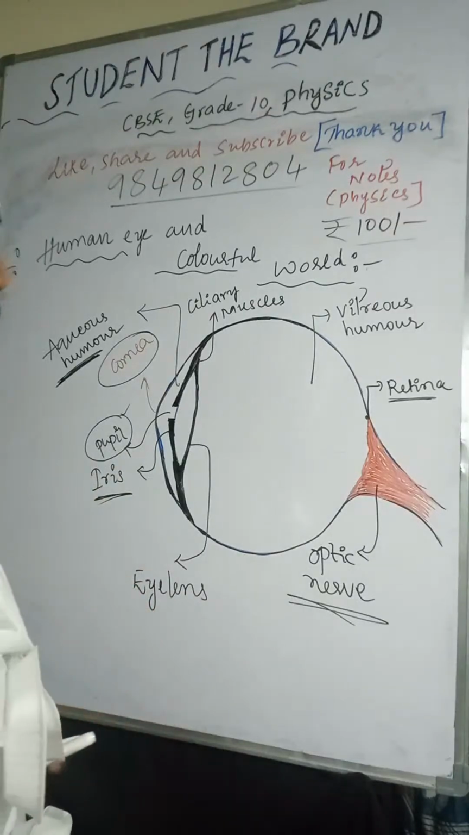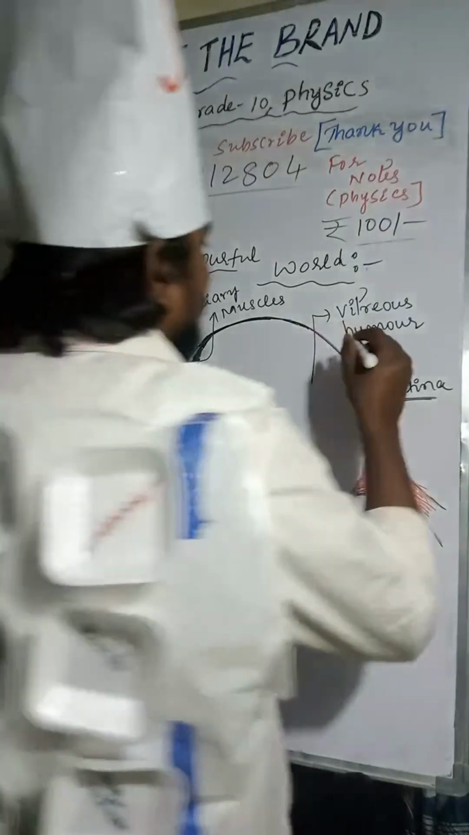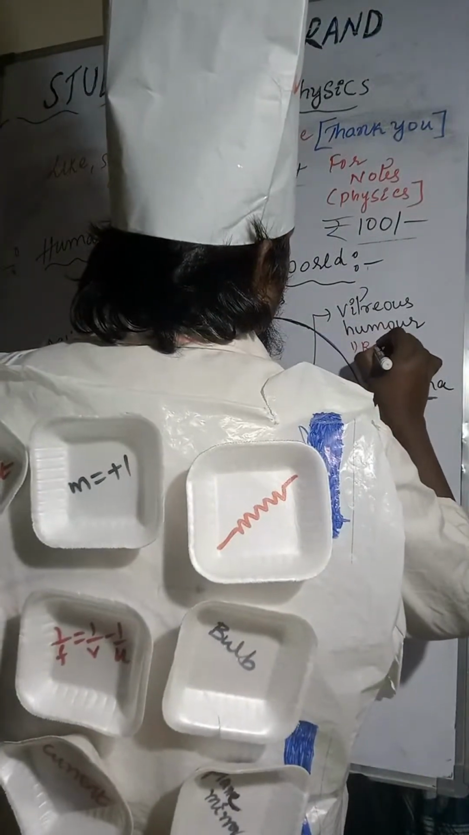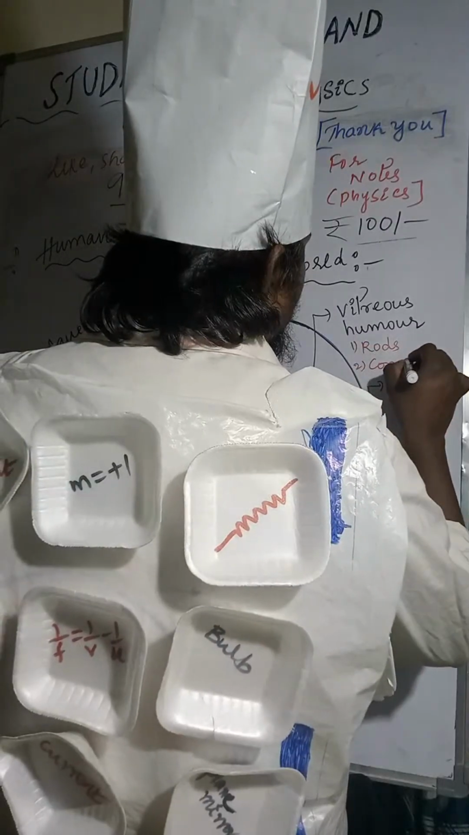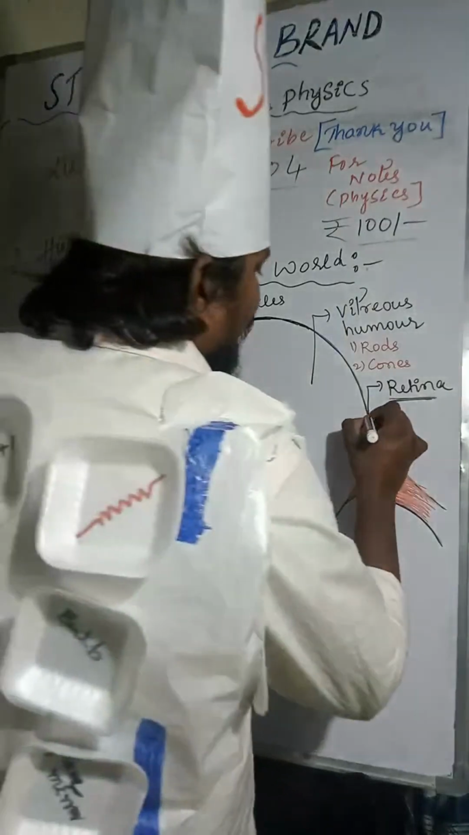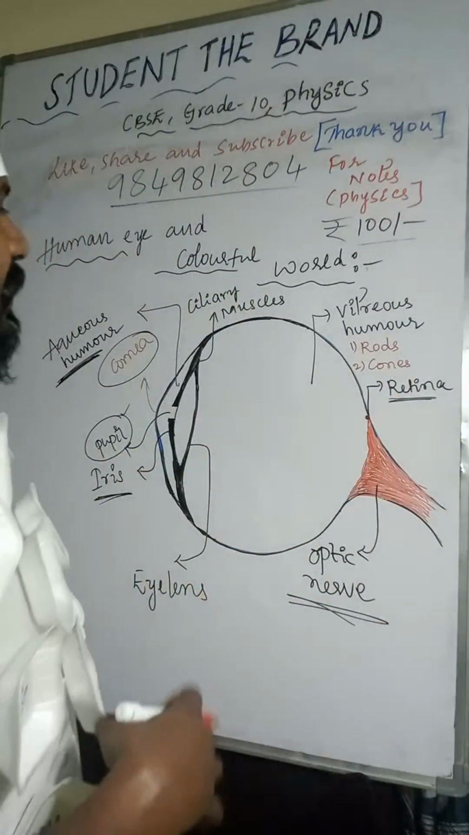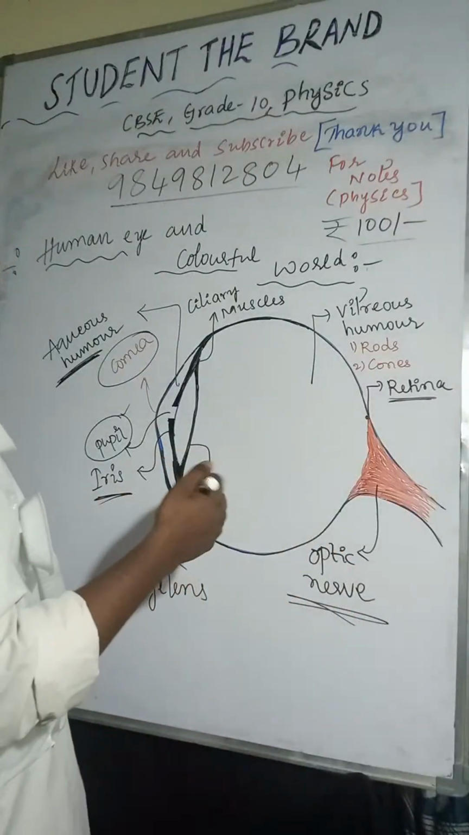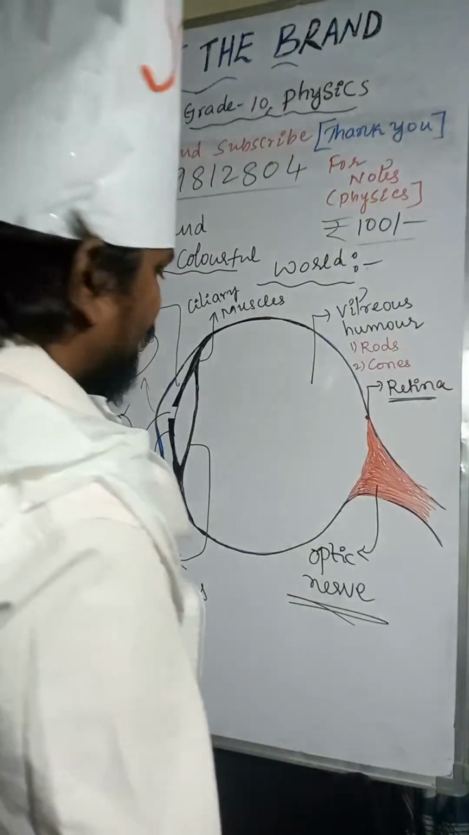And coming to the next one, at the retina there are two light-sensitive cells. One is rods, another one is cones. Rods help with the intensity of the light and cones help with the color of the light. They are present only at the retina. So that is about human eye parts and function. Next we will discuss about